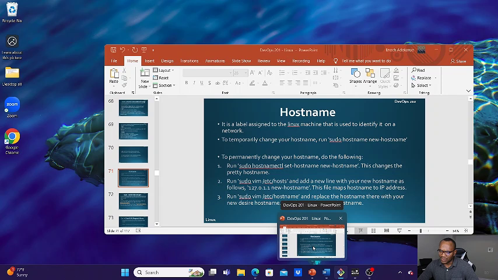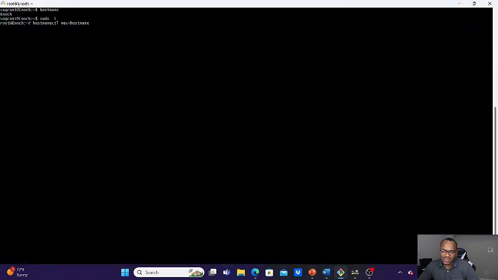You give your set hostname to your set hostname. Then you give whatever hostname you want to give, maybe Enoch or something. Whatever hostname you want to set, just set it like that. And then you also have to go to your